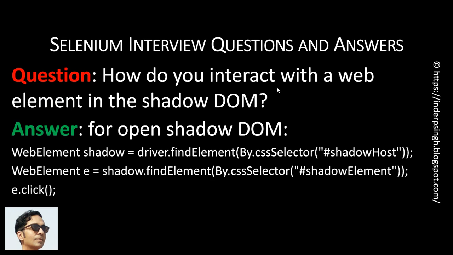How do you interact with the web element in the Shadow DOM? For open Shadow DOM, first of all, we find the Shadow DOM. WebElement shadow = driver.findElement, and give the CSS selector. Then we can find the web element within the Shadow DOM, shadow.findElement, and give the CSS selector, and then interact